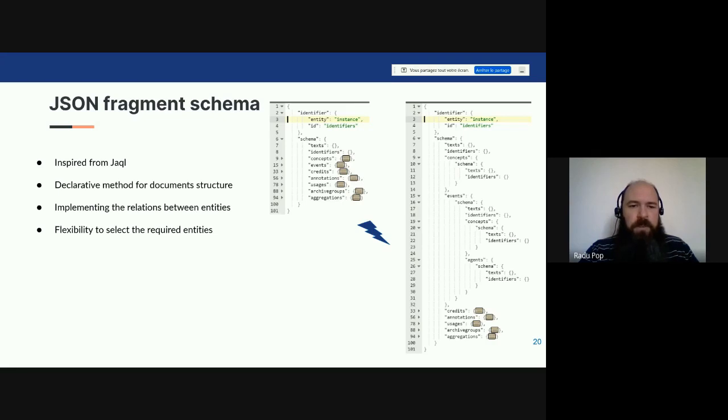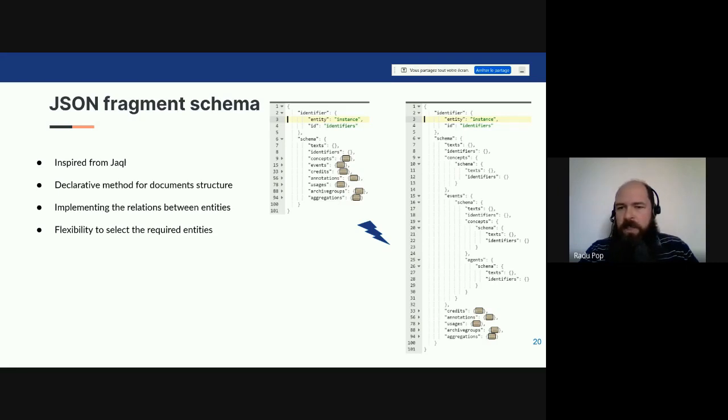This gives us the flexibility to select part of the relation, not the entire graph of elements, and the implementation of the relation between entities is defined by this schema.